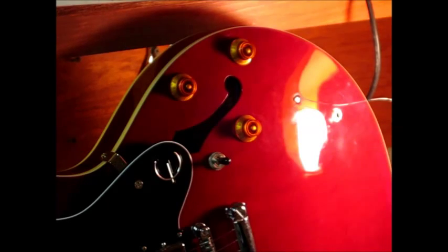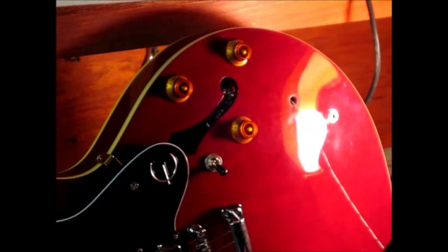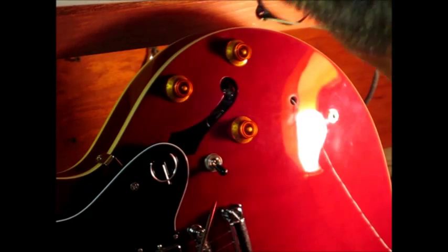Alright, I got this up and ready to pull out again. See if I can capture the potentiometer. Step 1, that's a good blast. Step 2,